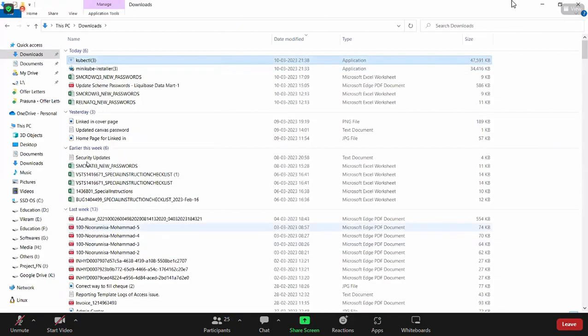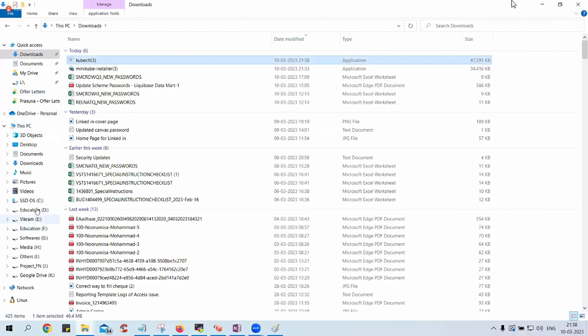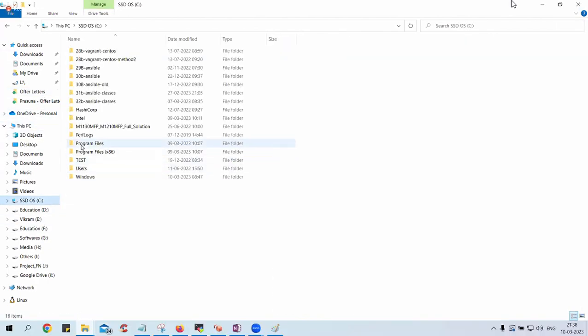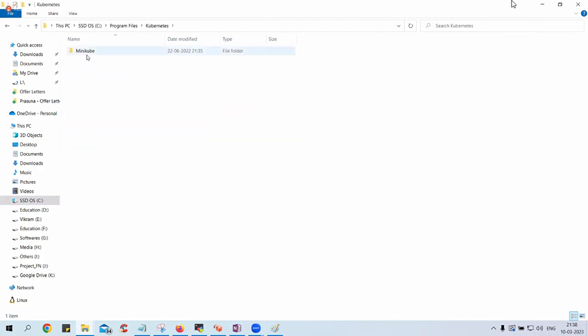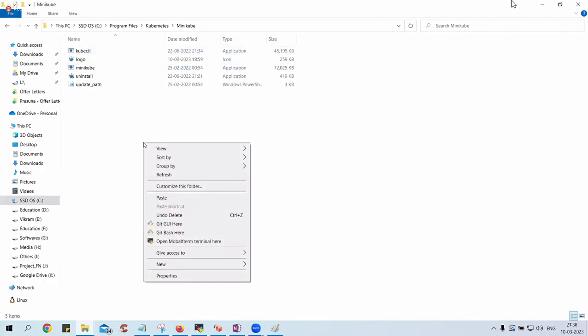So cut this and go to your C drive, program files, same Kubernetes folder, and go to that Minikube and drop this over there. That is what you need to do. Are we clear on this step? Whatever you downloaded, kubectl, just cut from there and put it in the Minikube folder.